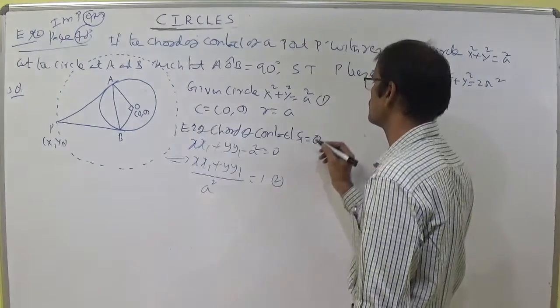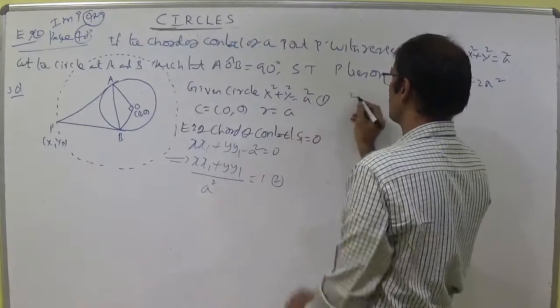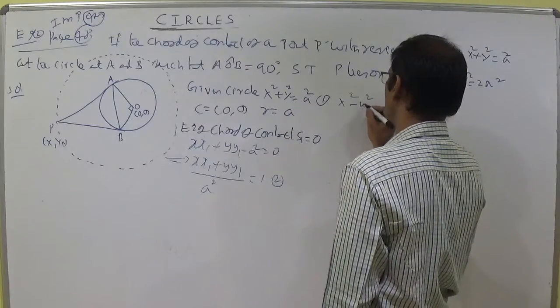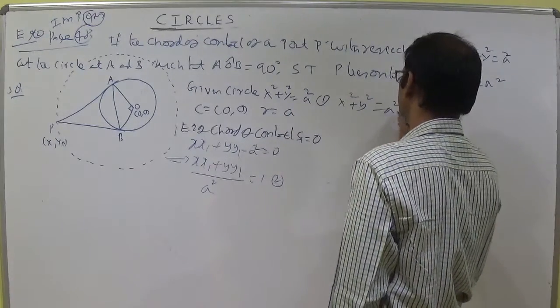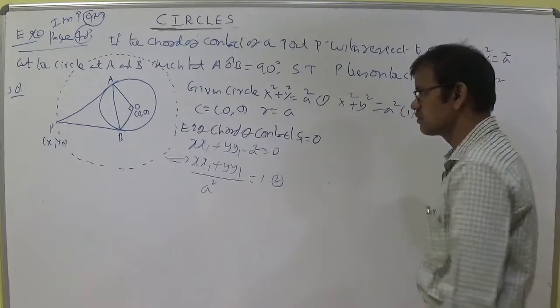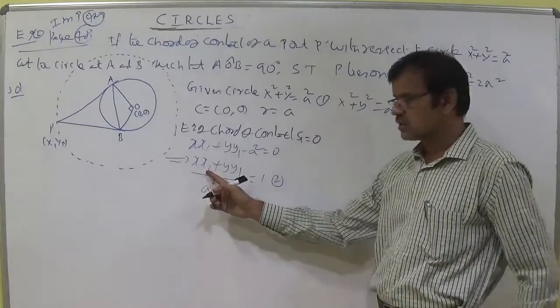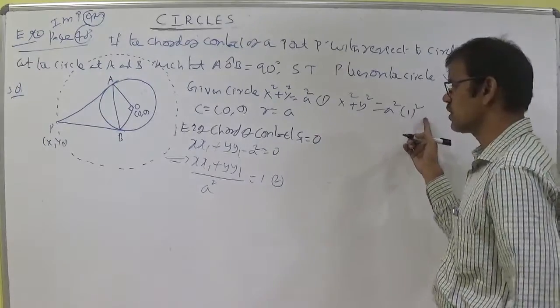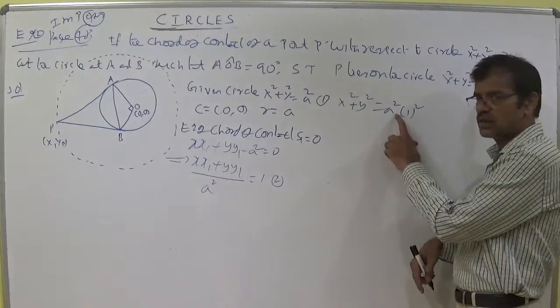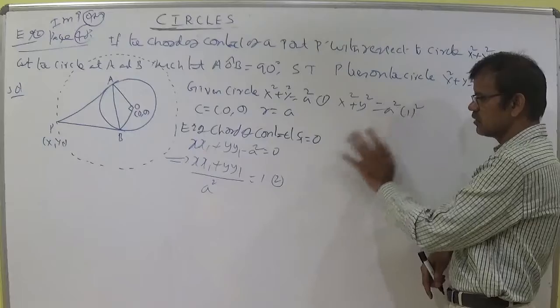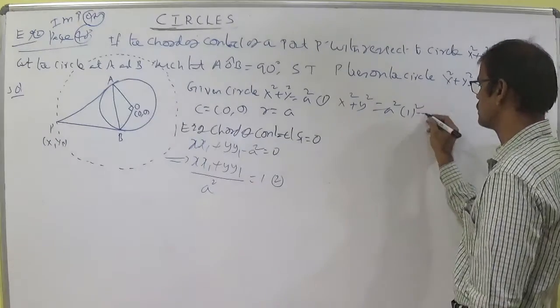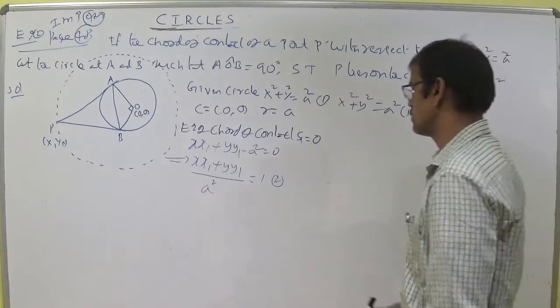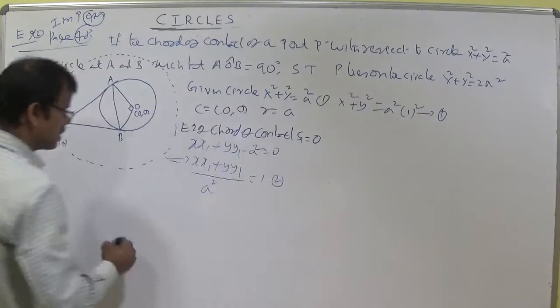Let this be the second equation, and here you can write x square plus y square is equal to a square into 1 square. If it is an x term you should write 1 square, but if it is only x there, you simply write 1; there is no need to write 1 square. Homogenizing 1 and 2 we get